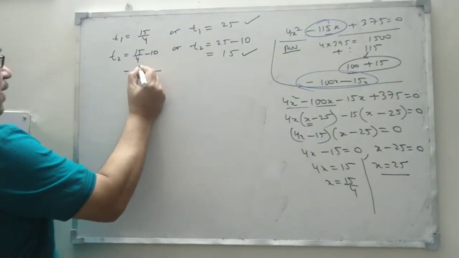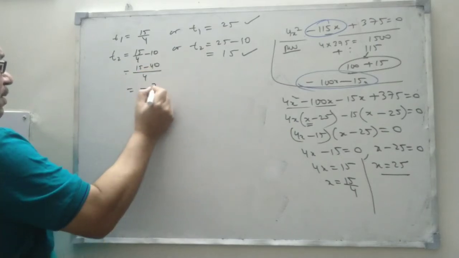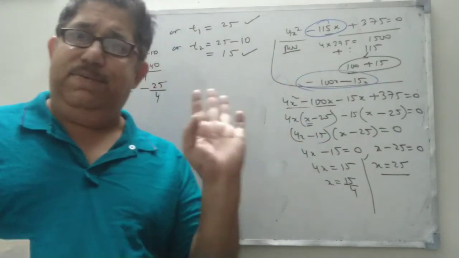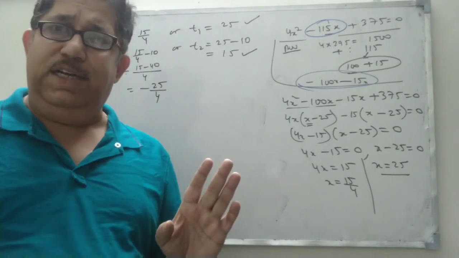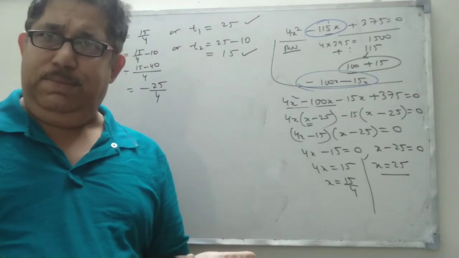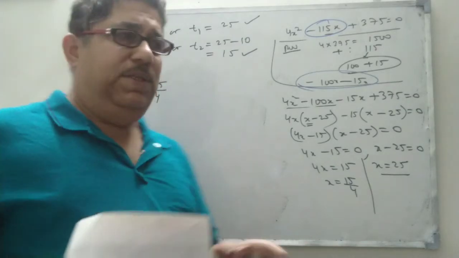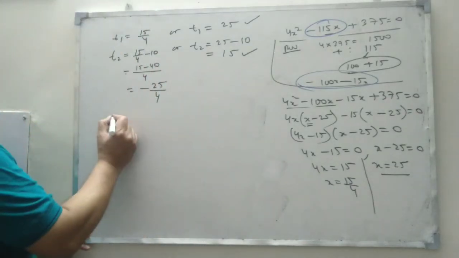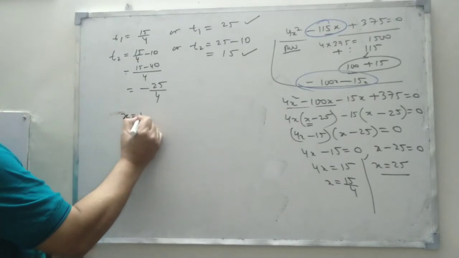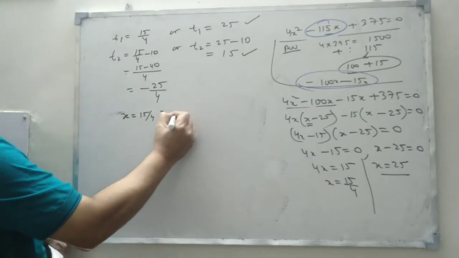Take LCM, 15 minus 40 minus 25 by 4. Minus, time is negative. That means even before you start the tab, the bucket is full. Can it be possible? No, it's not possible. So this is rejected. X equal to 15 by 4 is rejected